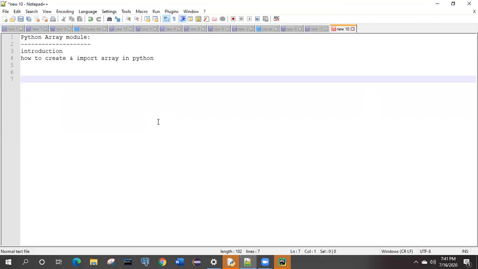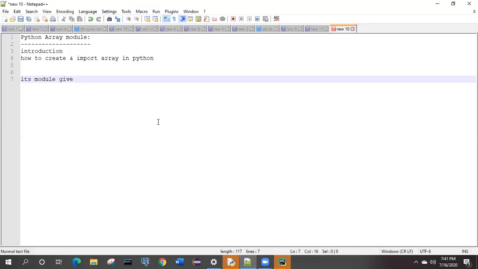Then what is the Python array module? It's basically a module, and like other modules, it gives us some different features and other things, right?